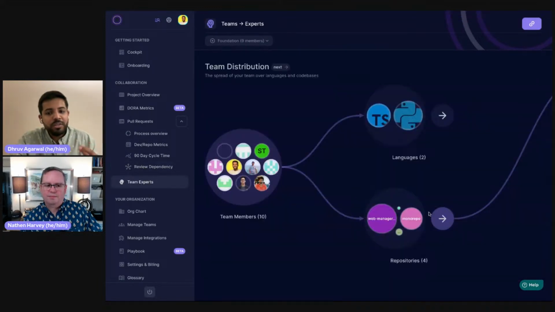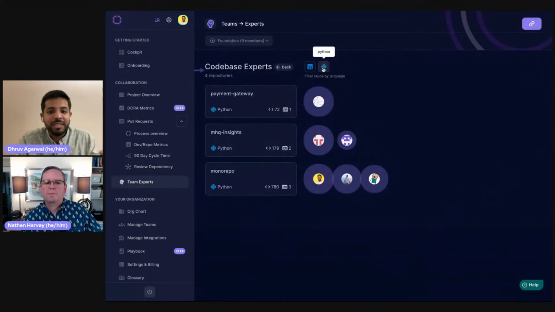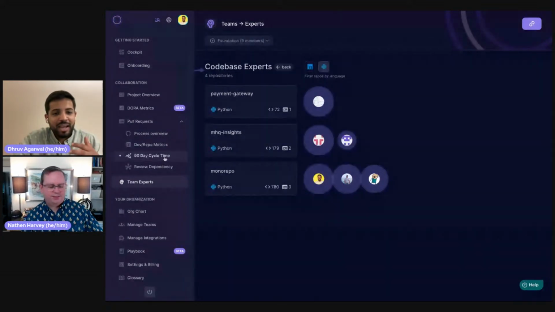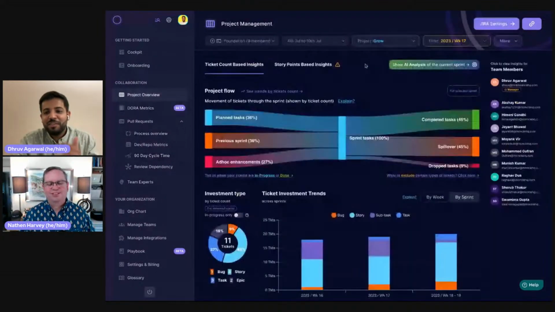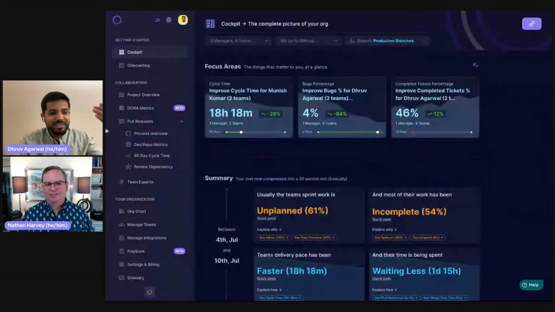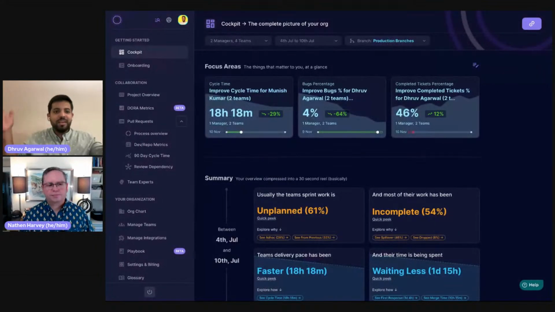You can also spot some other reviewers, which we call code base experts, which we leverage from GitHub itself, to find out who else can share some load with them so that I can reduce my cycle time, improve my DORA metrics, improve my adherence, reduce my spillage, and as an organization, I improve my KPIs. So you see how little changes can all roll up to impact the larger things.